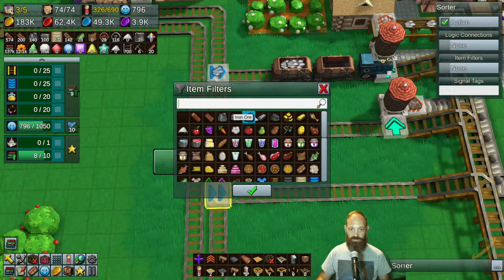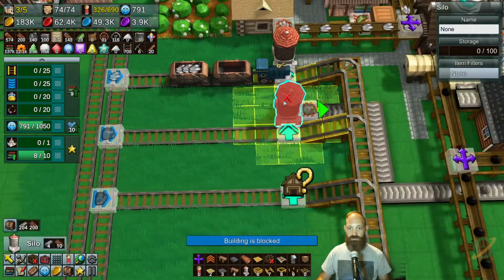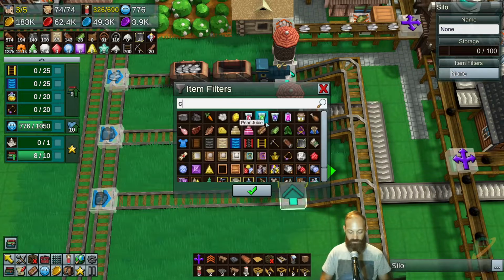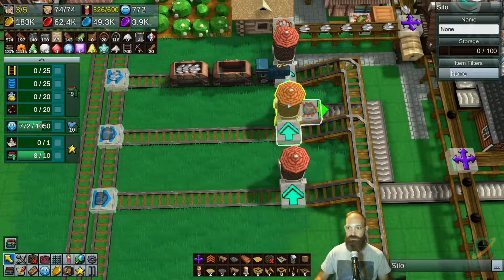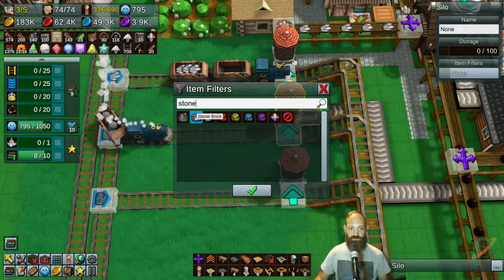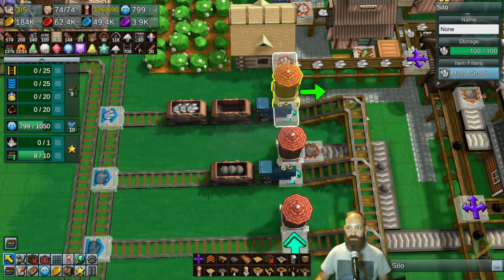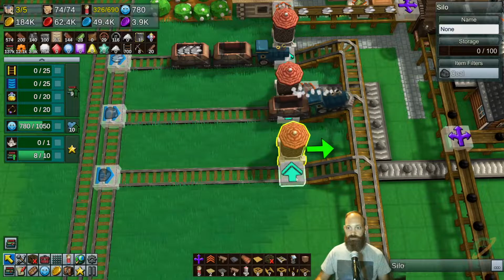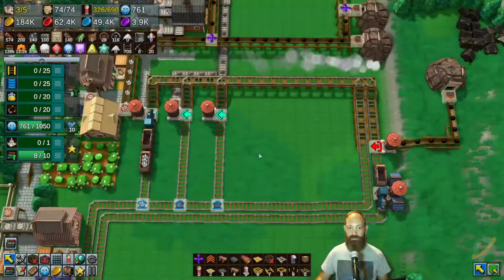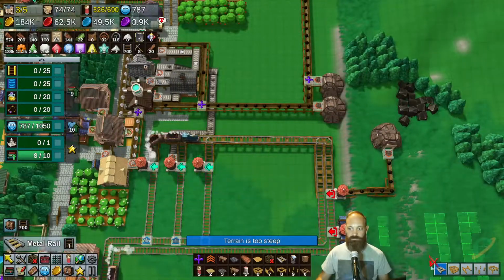So this sorter is going to be for coal. Have an unloader loading a coal silo. You are going to only have coal. I don't know if we filtered these, which is really quite dangerous in a train system not to filter. Stone and mana shards, right, are filtered. There we go. We don't want something accidentally coming on here and tainting the line and then backing it all up. Okay. Well, now the issue here is...